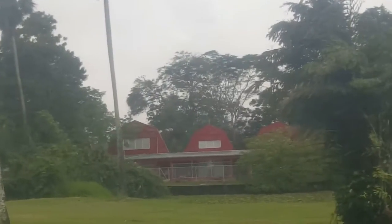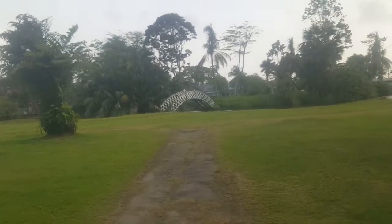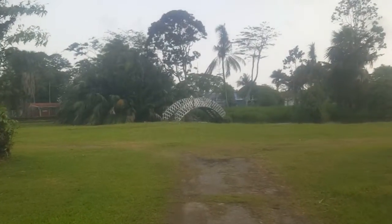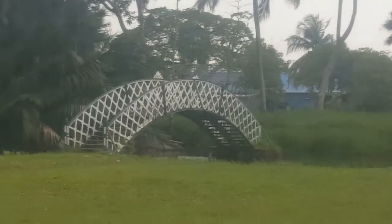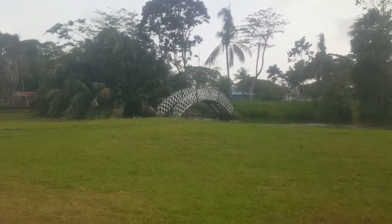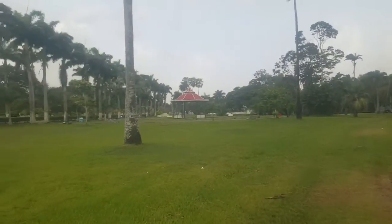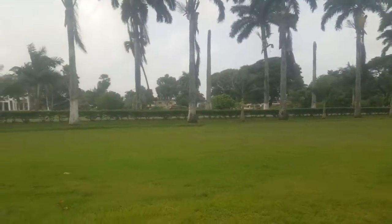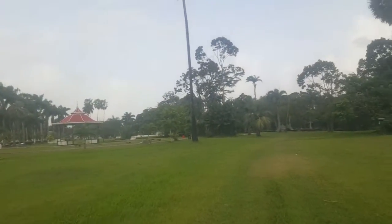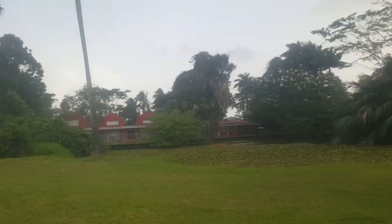So that is the Georgetown Zoo, and this is the famous Kissing Bridge. There are at least 2 of these bridges, known as the Kissing Bridge for obvious reasons, and they still exist, have been renovated and refurbished to make them still useful and accessible. So that's the Botanical Gardens and the zoo. It's really tiny